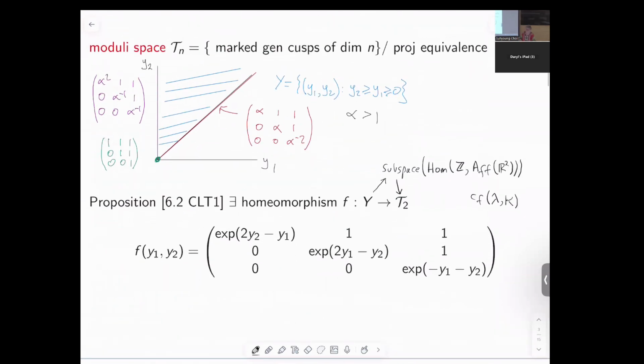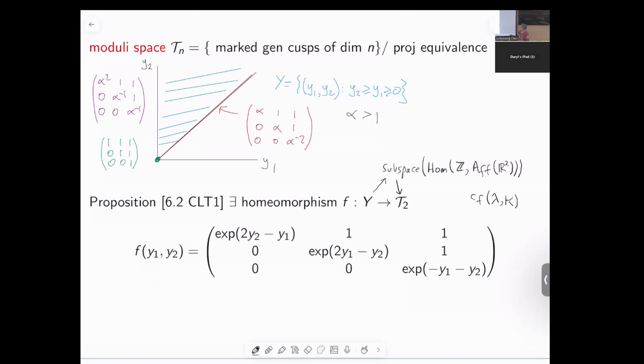The moduli space. So what is the moduli space? In general, it's the set of marked generalized cusps up to projective equivalence. So you've got one for every dimension. In dimension 2, the marked moduli space can be identified with a subset of the Euclidean plane, the subset of points where coordinates y1 and y2 are positive, and the y2 coordinate is bigger than or equal to the y1 coordinate. Points in the interior of this region correspond to